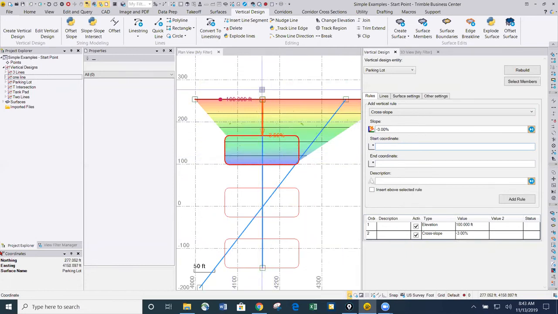So a cross slope transfers the slope to this line, but the slope affects the whole length of that line. So it's 3% to here, and 3% to here, and 3% to here, and 3% to here. Effectively, it's transferring whatever the elevations are along this line at 3% to this line, and it's now giving you a slope here. If I go in here and put that grade back in again,